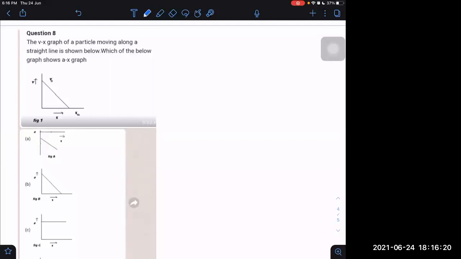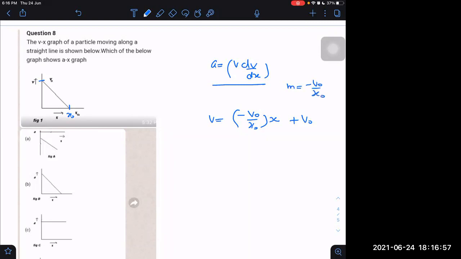So, do you know that acceleration can be written as v into dv by dx? Yes, sir. Why does this come to my mind? Because here velocity versus position is there. Velocity versus time relation is not there, but velocity versus position is there. Therefore, I will use this formula right now. What is the relation between v and x? Can you write the equation of the straight line? It is x naught, it is v naught. I think slope is minus v naught by x naught. Yes, y is equal to mx plus c. Slope is minus v naught by x naught here, a negative slope, because the obtuse angle with the positive x-axis, therefore negative slope.